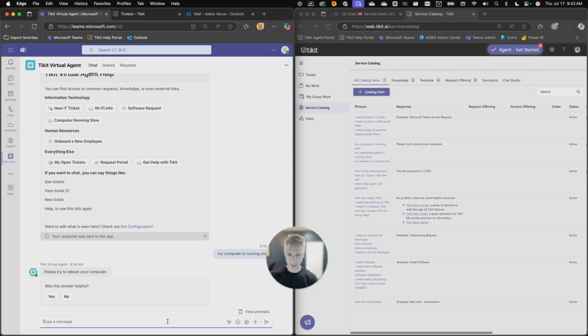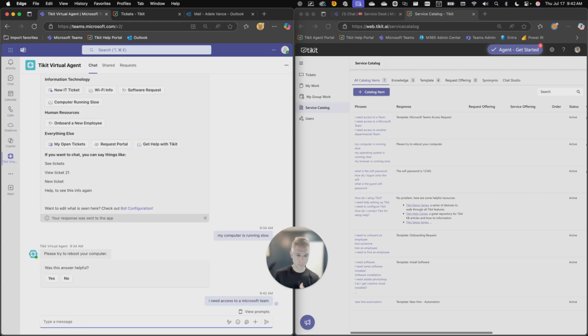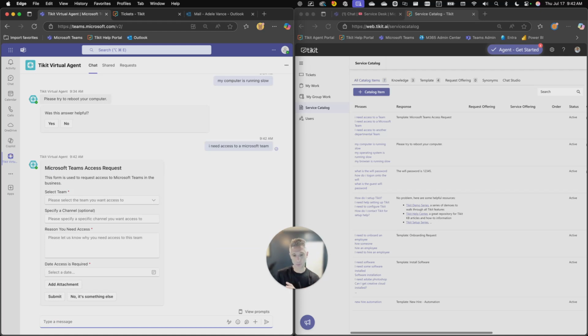So if I were to ask any question related to needing access to a Microsoft team, I need access to a Microsoft team. What's happening here is we're interpreting the intention of the request, we're passing it through Tikit AI, and we're providing an appropriate response. Because the phrases that I defined here are somewhat similar to that particular request, we brought back the form associated with that template here. And if I wanted to, I could fill this out and submit it. I'm going to do that once we get through the second path, but I wanted to correlate all those things